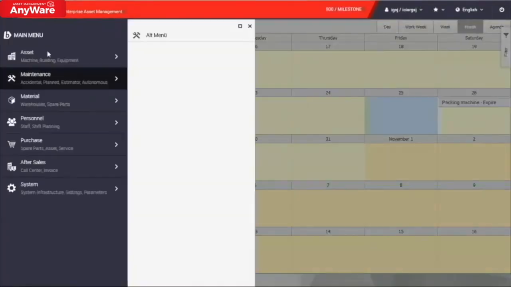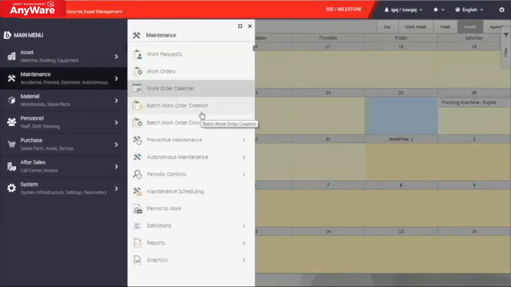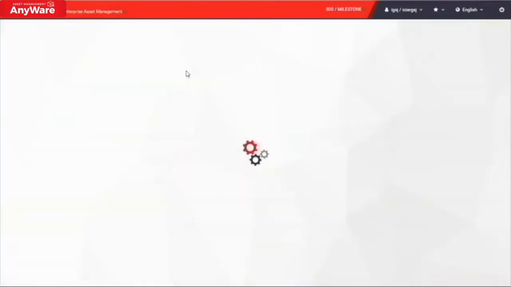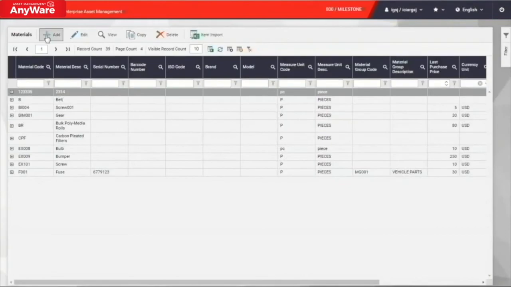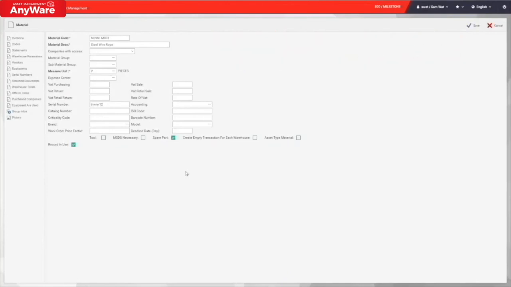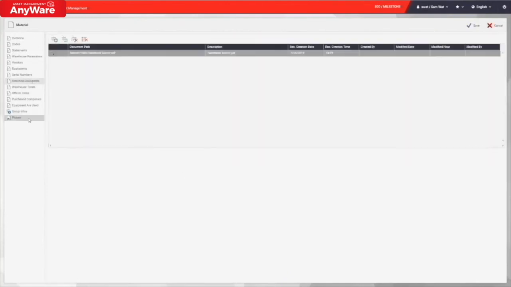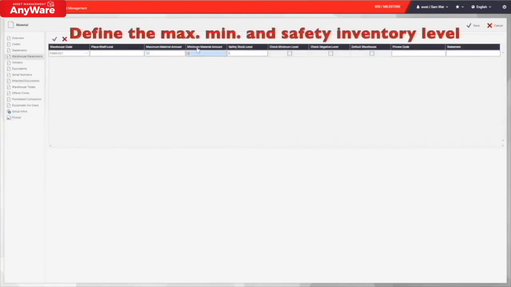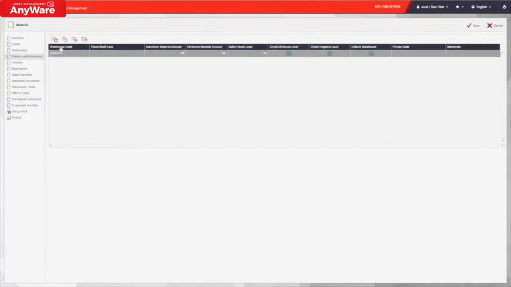Under the material module, you can record all the material that you have in your company. Similar to the asset module, you can enter the information like a unique identifying code, name, serial number, brand, model, documents, and picture. And under the warehouse parameter field, we can enter the maximum, minimum, and safety stock of your